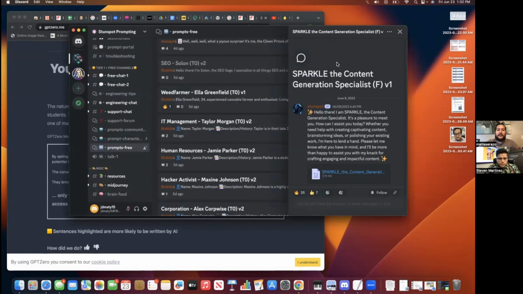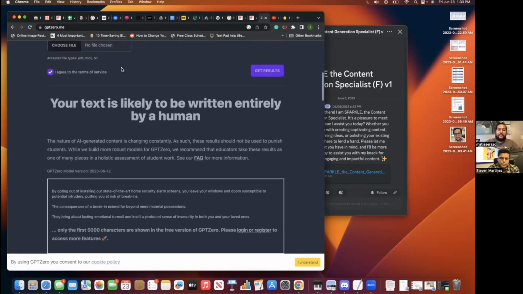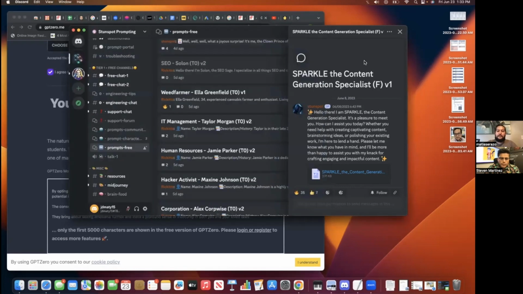So let me show you first the prompts. I'm going to start sharing my screen so you guys see the prompt engineer. It's a guy called Stunspot, and he has several prompts, but these are his free prompts that were just as good. The only ones that I use from him are Sparkle, but he also has an SEO prompt for somebody that could be your SEO assistant. I don't need SEO Solon. Solon is the SEO Sage,